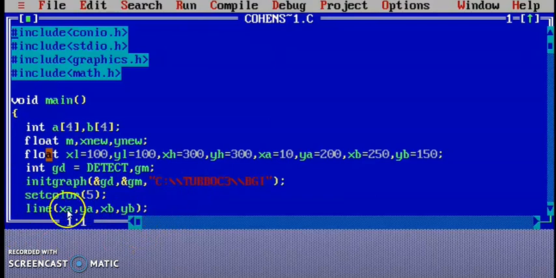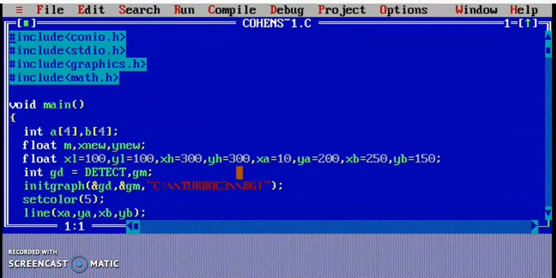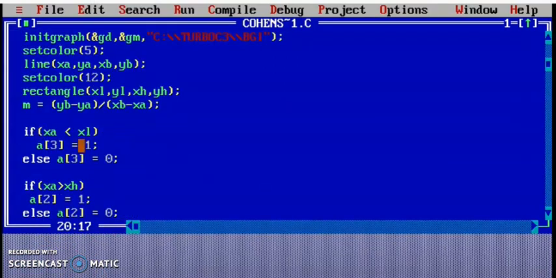That particular line will get a particular color from the setcolor function. Here we have created the line to be clipped and applied a color. Next we are creating a rectangle xl, yl, xh, yh. The coordinates of this rectangle are provided above and this rectangle will have setcolor 12.